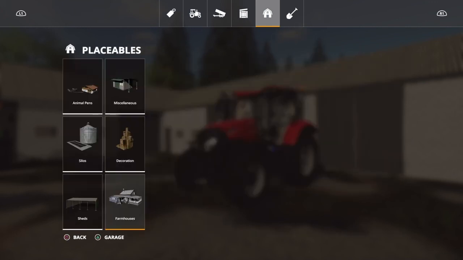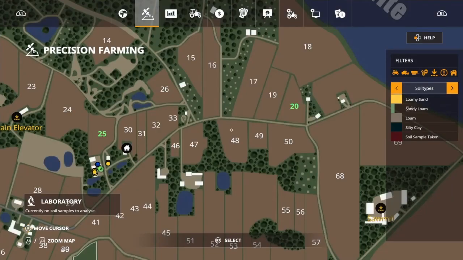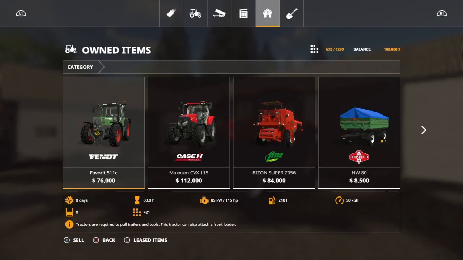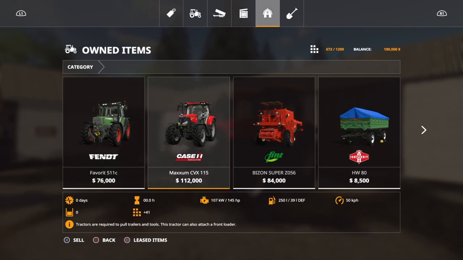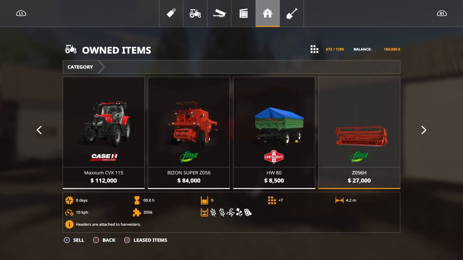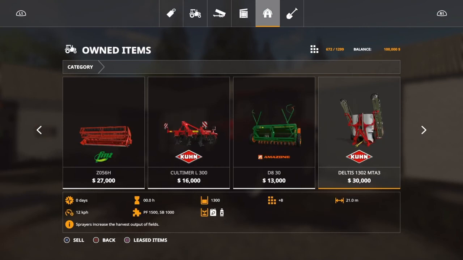Did I mention that you don't start with a silo? If you go here, you can see you don't have any silos at all. No silo capacity. In here, we start with a Fendt 511, a Case Maxim 115. We got a Bison Super, a trailer, a header. You got a cultivator, seeder,